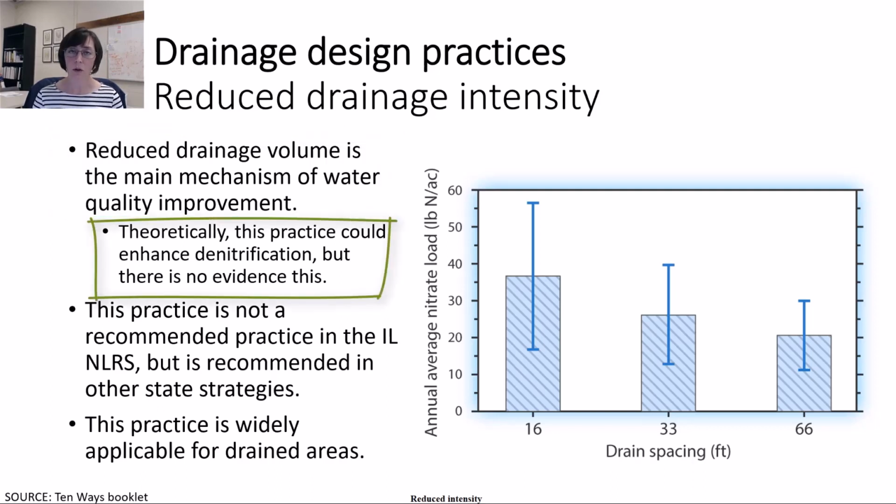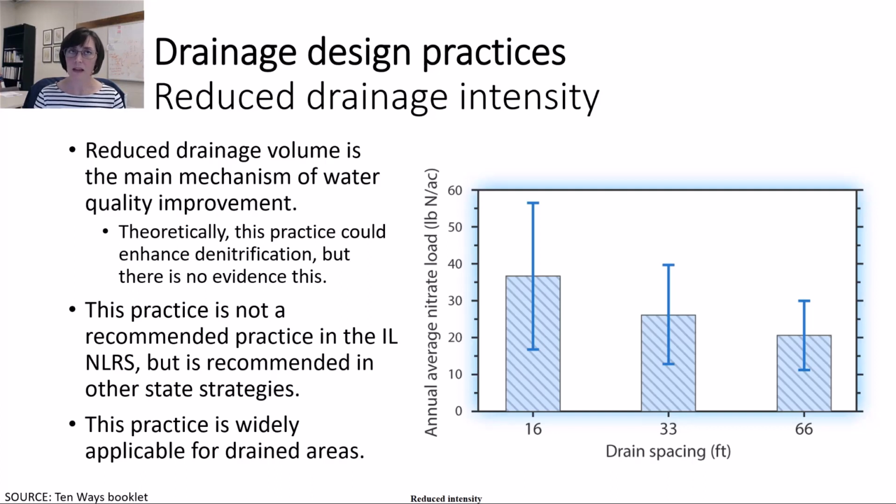Theoretically, maintaining a wetter soil profile, which is what the practice of shallow drainage essentially does, could enhance the process of denitrification. Denitrification is an anaerobic process that happens in saturated soils or in bioreactors or wetlands that stay wet. The process of denitrification in the soil, by maintaining a wetter soil profile with the practice of shallow drainage, could reduce the nitrate concentration in the drainage water. So theoretically that makes sense.